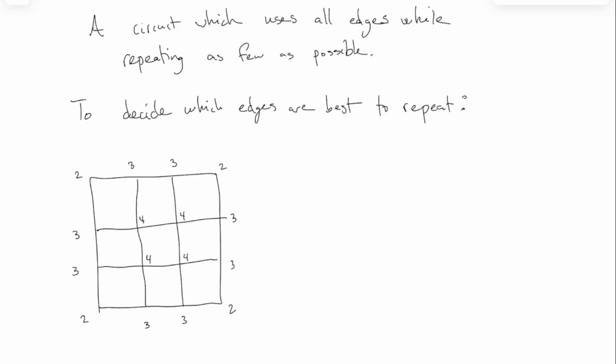So in this case I have many odds. That means an Euler circuit is not possible because there are a lot of odds. There are actually 8 odds in this one. And if you just make up a graph at random, you will expect there's going to be lots of odds. There's no real good reason why everything ought to be even. So usually you're going to see a lot of odds. All right? And to decide which edges are best to repeat, what you want to do is pair up the odd degree vertices